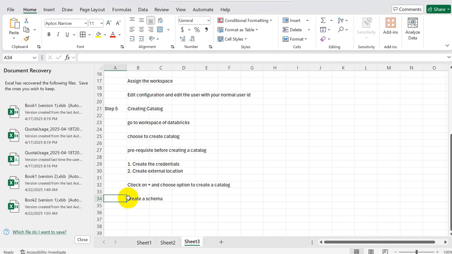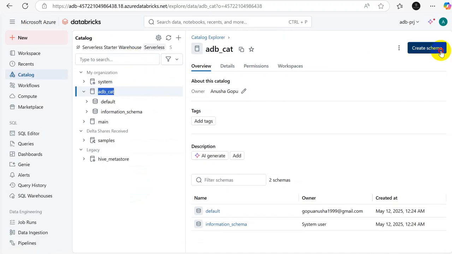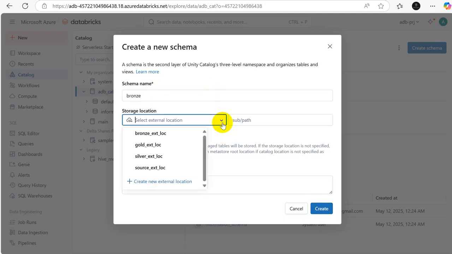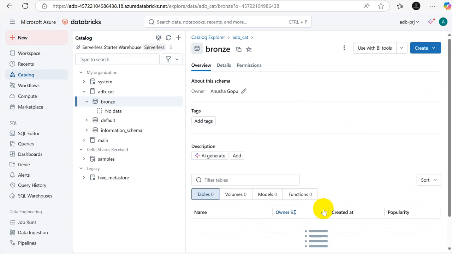so how to create a schema? You can create a schema by clicking on your catalog and choosing the option to create schema. Correct? So you just enter the schema name and give the name as bronze. Okay. Now, no need to select this external location because it's only a schema. You're not feeding any data. I will tell you when to select the external location. So this schema is successfully created. Okay. All right. Now,